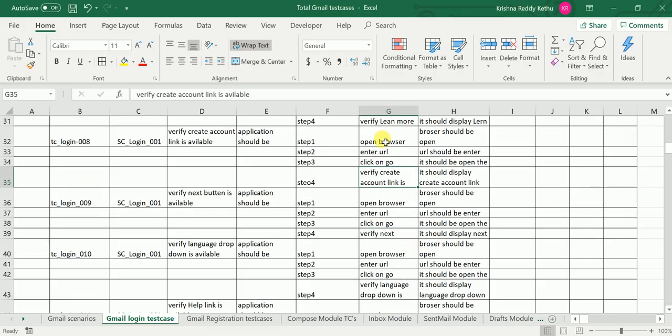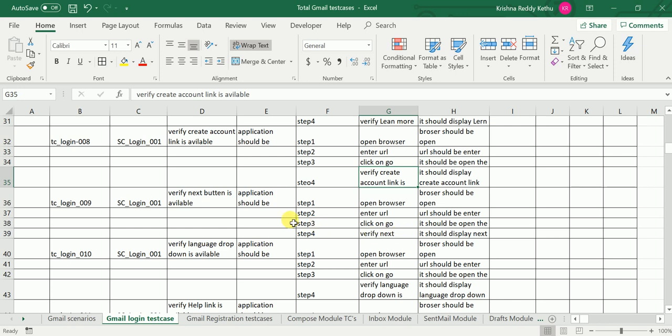So all the steps like step 1, step 2, step 3, step 4. Your test cases should be easily understandable to everybody. But we are not sure how many years or how many months you are going to be there in that project. If some new person is coming into that project, he needs to understand the test cases written by you. So that is the reason the test cases we need to write very clearly in real time.